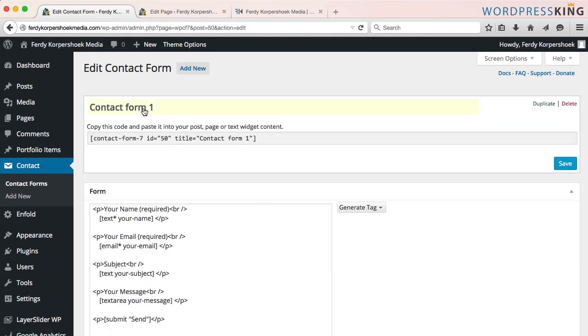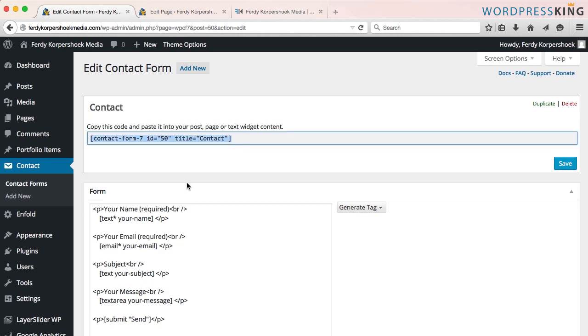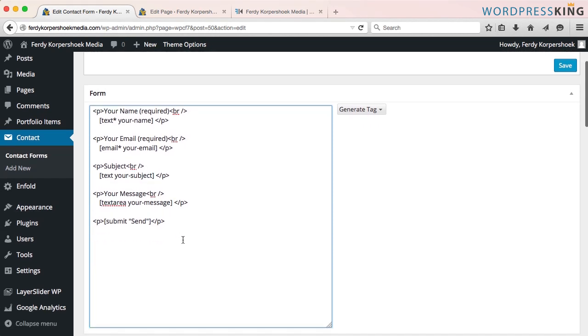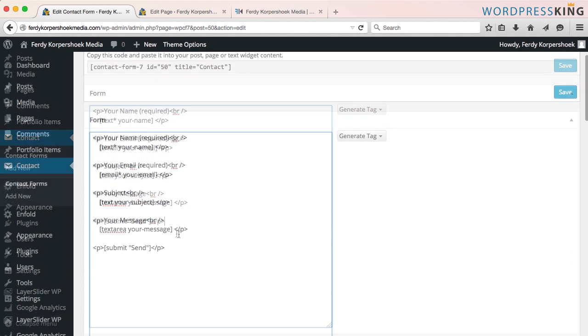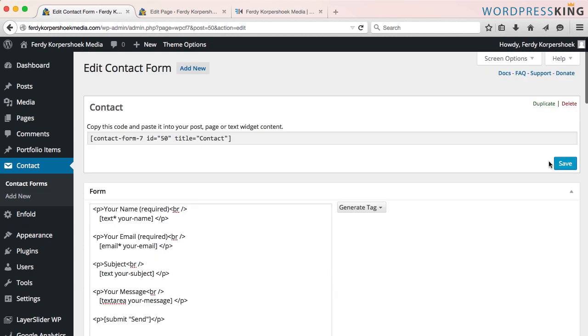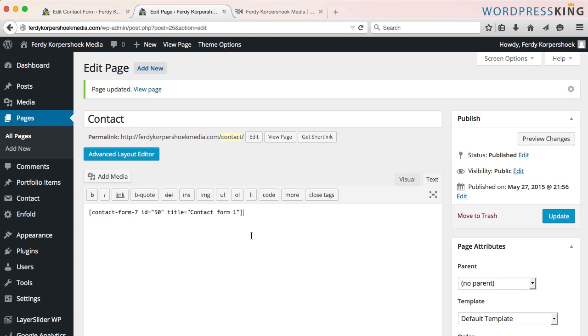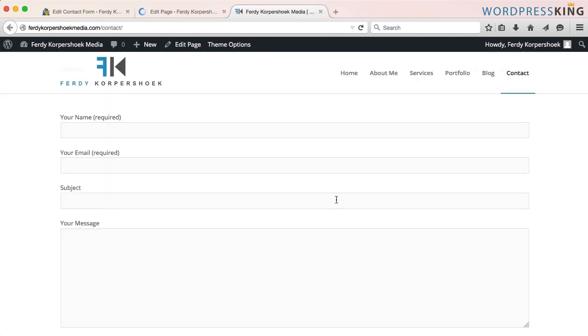I will change the name to contact, and here you can fill in some more information. I have a part video that I will make totally about the contact form 7. Where should the email that's sent go to? Over here. So I save it. Because I changed the name, I grab the code again. I go to the edit page. I select it, the text, and I paste it. I update it. And if I go and refresh the page,